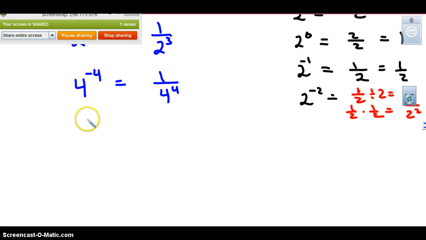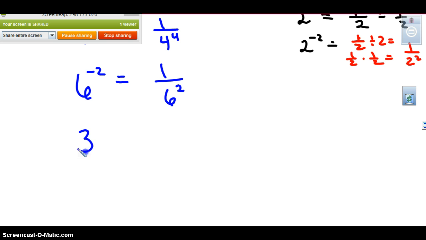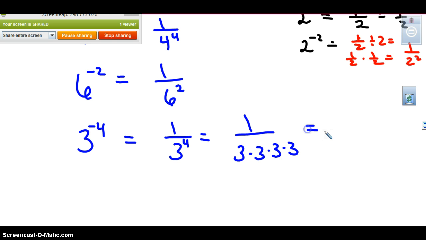Always be positive, yes. This is to make a negative exponent positive. So if we have 6 to the negative 2 power, what would that equal? 1 over 6 squared. What if you have 3 to the negative 4th power? Does it mean the same thing as saying this? Which would equal 1 over